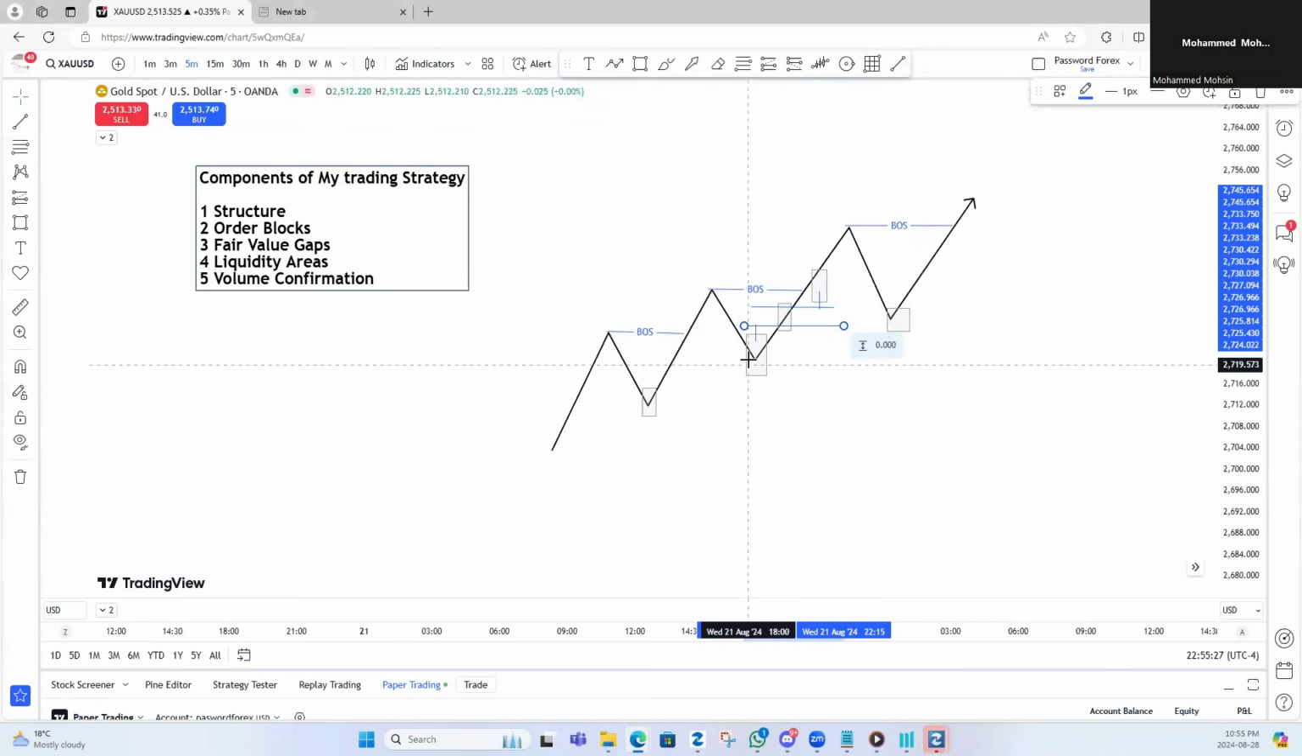Volume confirmation has to come around these areas. When we see volume confirmation, we basically execute our trade. Before, what I used to do, I used to wait for the price to come and